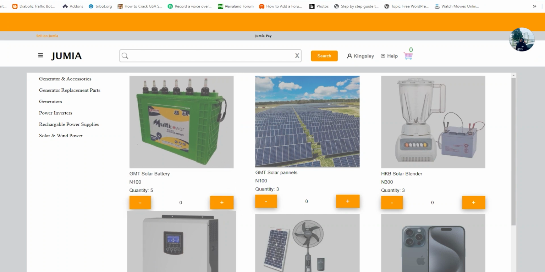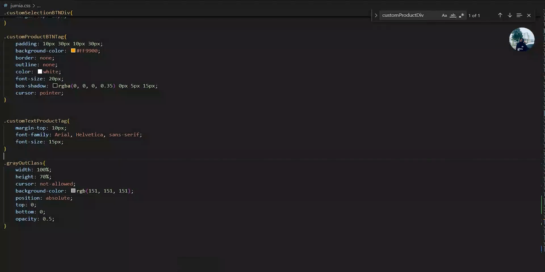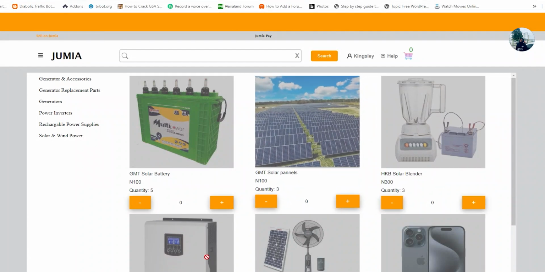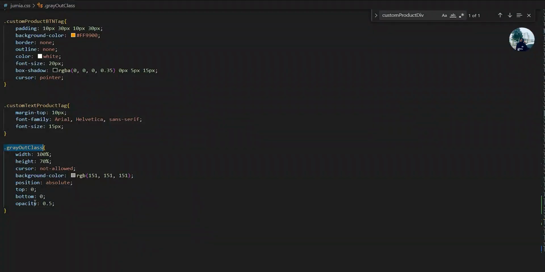Okay, good. So now that you have that, we want to dynamically add it. We don't want to add it all of these times. So the first thing we want to do is